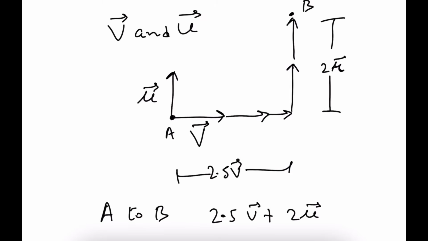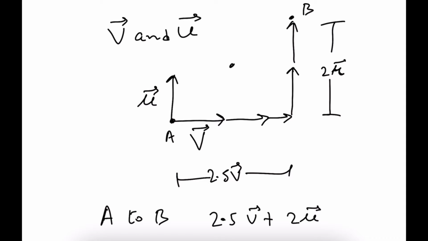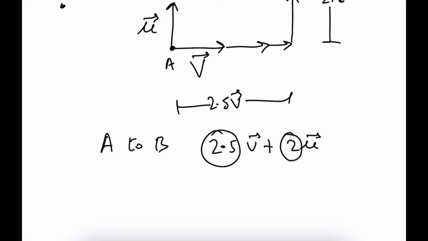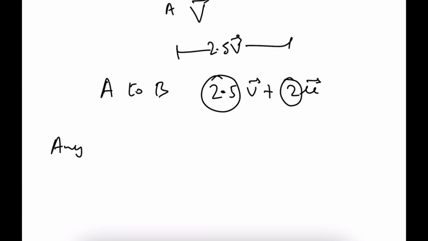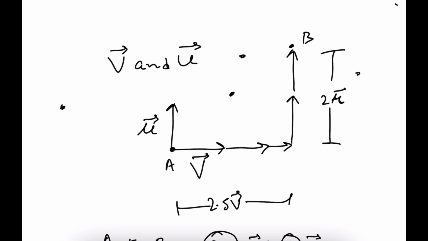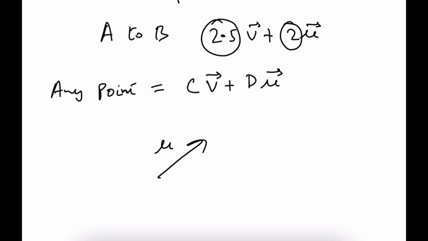Now I want you to convince yourselves that if I had taken any point anywhere on this plane, let's say this or this or this, we'd be able to make up some number here and then some number here such that we will be able to reach it. So basically what I'm saying is any point is equal to some constant times v plus some other constant times u. This is true for these two vectors, and it is also true for any two vectors that look like this. If this was u, this was v, this would still be true. I want you to convince yourselves, just maybe play around with it a bit.